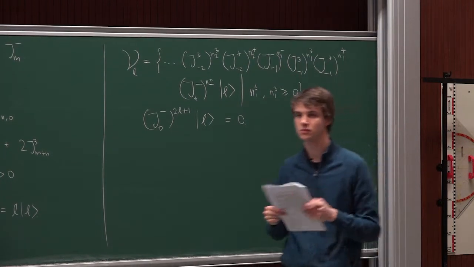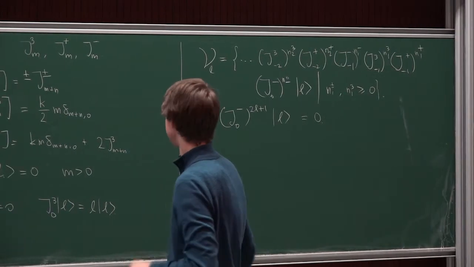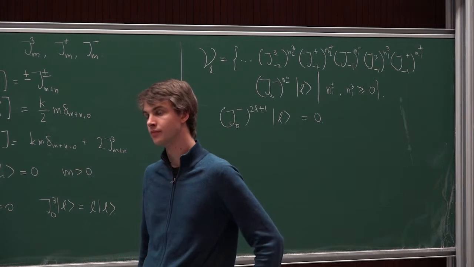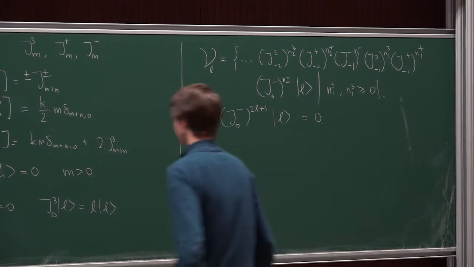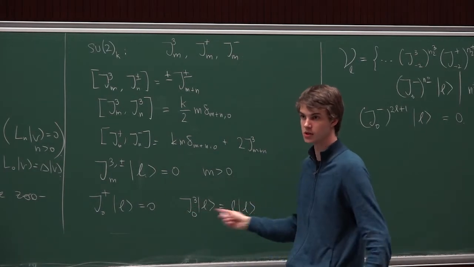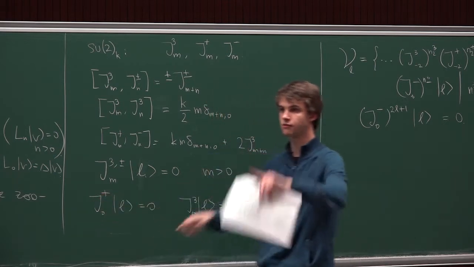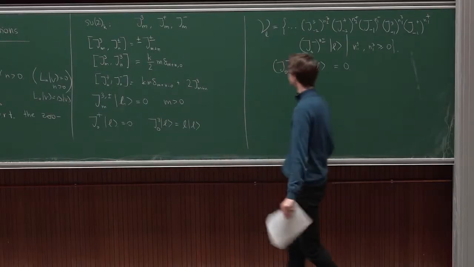Yes? If instead of SU2 I have a different Lie algebra, I should do something very similar using the Chevalier basis, basically. Yes, that's right. So basically what you would impose is that all Cartans on the highest weight state have some particular eigenvalue. The positive roots all annihilate it, and the negative roots give you descendants in the global algebra.